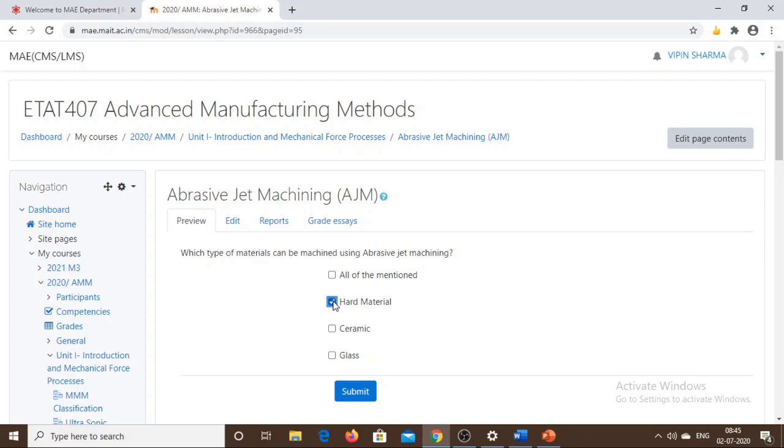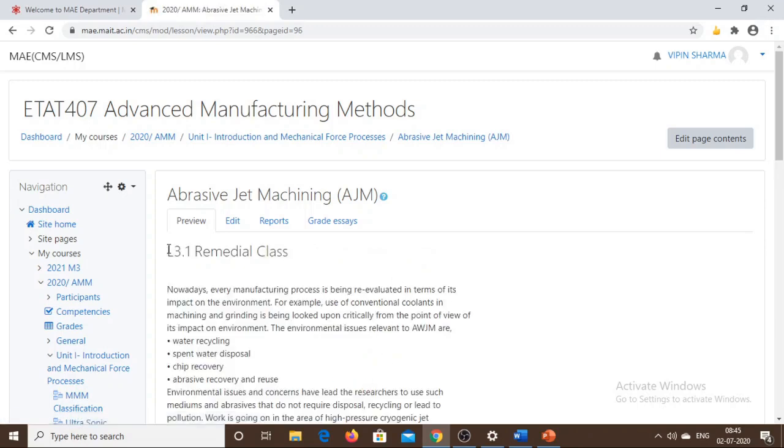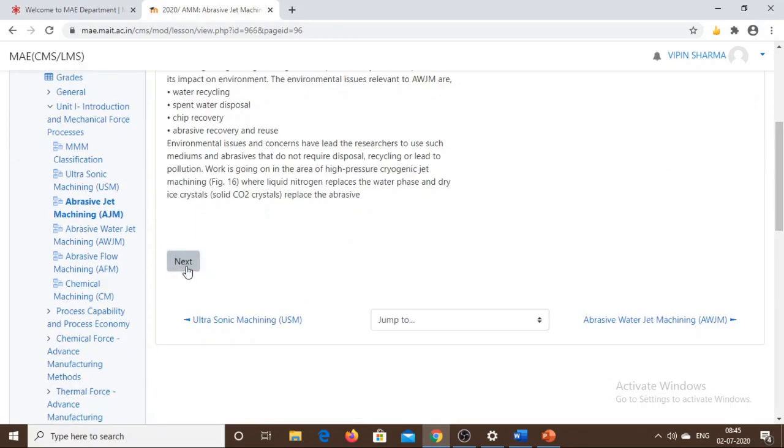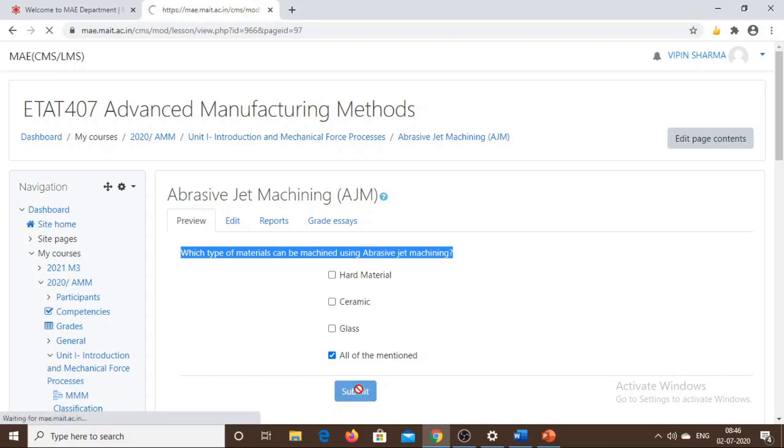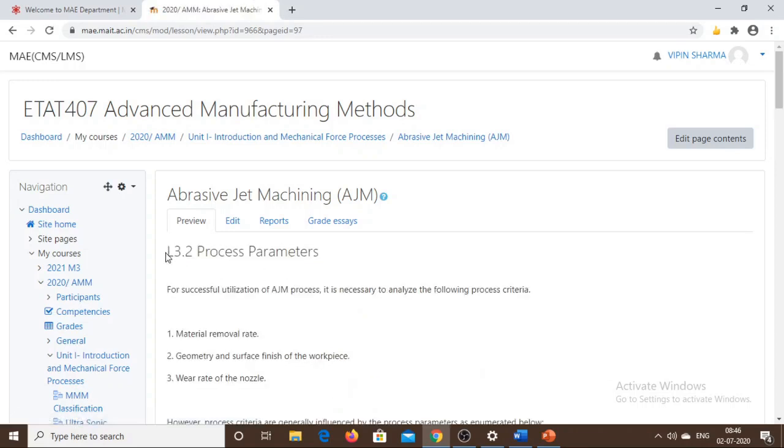Here, if I give a wrong answer, for example, hard, the student will be taken to the remedial class, where the student will go through this lecture and again hit next. The student will be taken to the same page of the question. If the student this time gives a correct answer, then he will be taken to the next lecture, which is lecture 3.2. So this is how this all works.